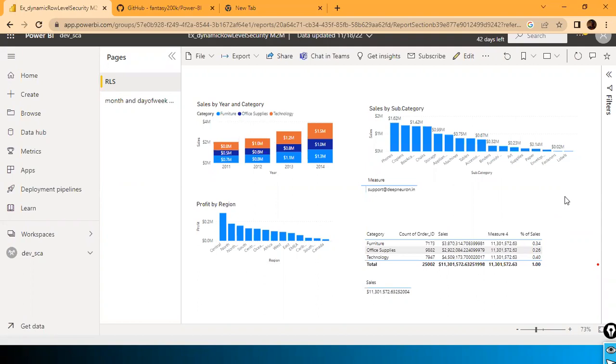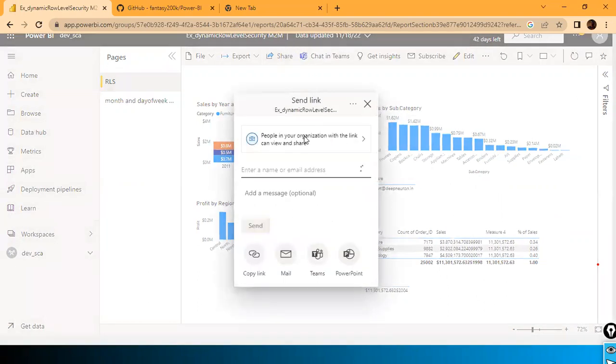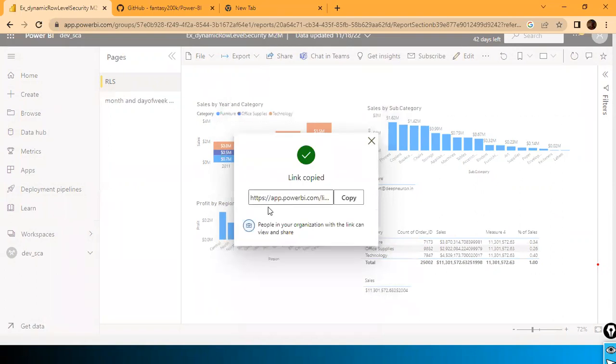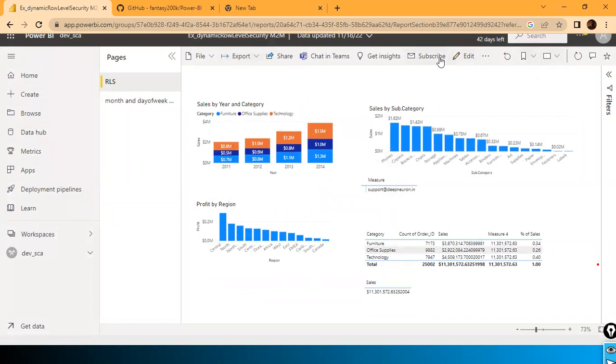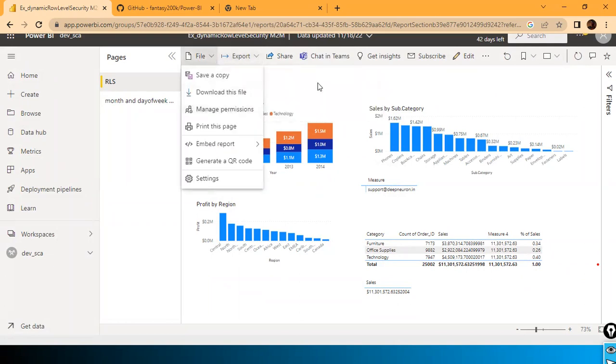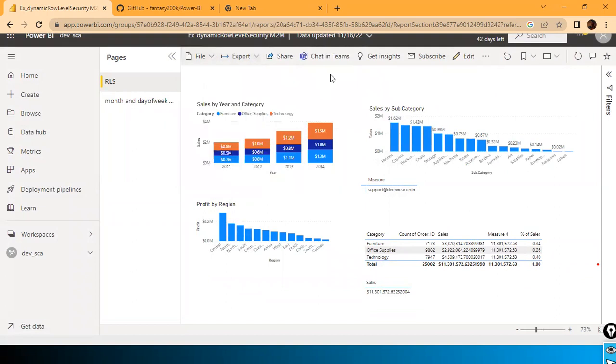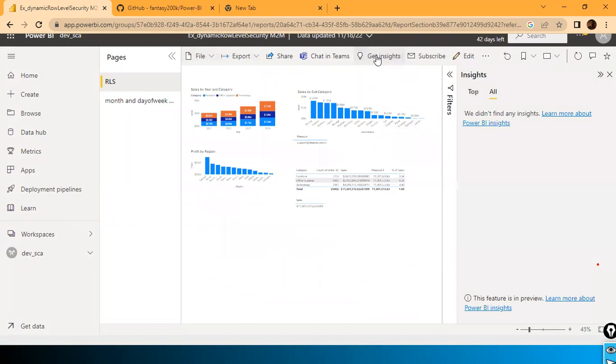And we have an option called Share. Here also you can specify the email ID. For example, you can copy the link if you want to share a specific report within your organization. You develop this report and want to share it, you can share it this way also. But for automation, you can do it with Subscribe and export everything to PDF. You can also generate a QR code, and when you scan the QR code, it will open it. Look at this, a beautiful option: Get Insights. When you click on this,